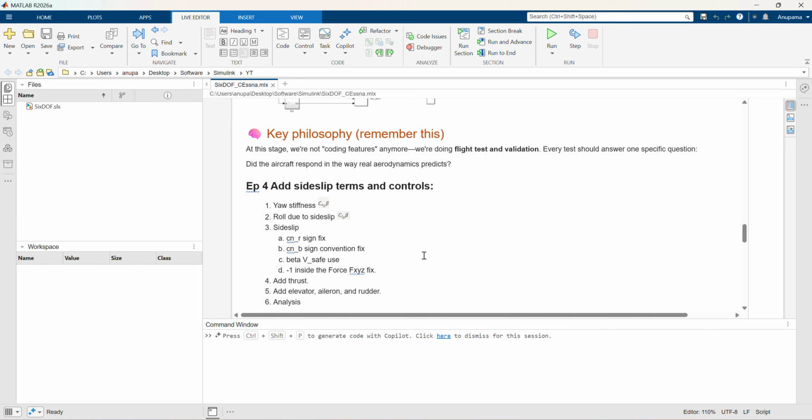So, today, what we will cover: yaw stiffness, and roll due to side slip. These two are tied up with side slip angle beta. If you remember, we never used beta before this. So today we will connect beta with our derivatives. We will look at some of the side slip